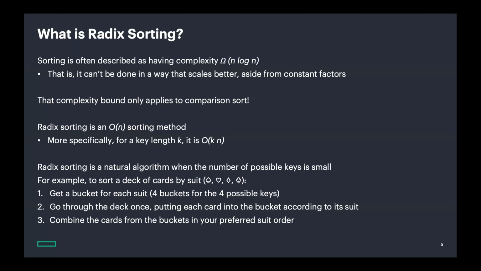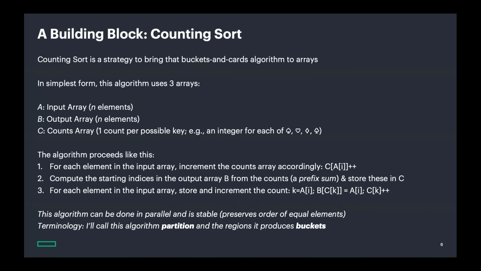So, but the idea of putting them into these different buckets is pretty intuitive, and it's a linear process, right? We didn't really have to do any logarithmic kind of work per card or anything like that. So that's a good intuition about how we can get to a radix sort that's order kn. So the building block for radix sorts is